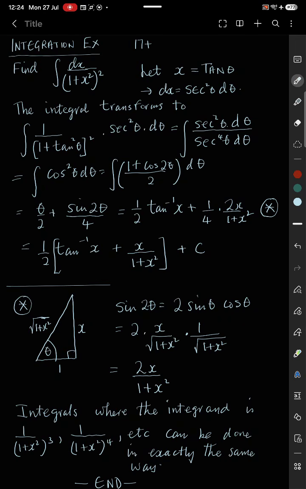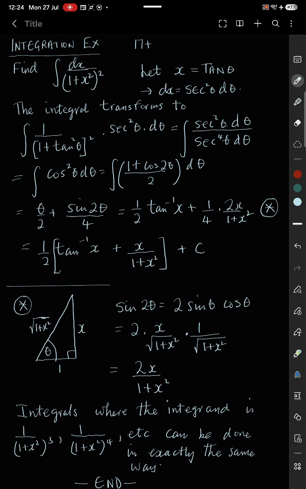Now, you don't need any sophisticated techniques for this. All you need to do is let x equal tan theta, and then dx will equal sec squared theta d theta, and the integral will transform to the integral of 1 over (1 plus tan squared theta) all squared times sec squared theta d theta, which is sec squared theta d theta over sec to the power 4 theta d theta, which comes down to cos squared theta d theta,